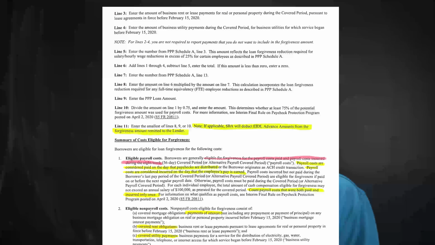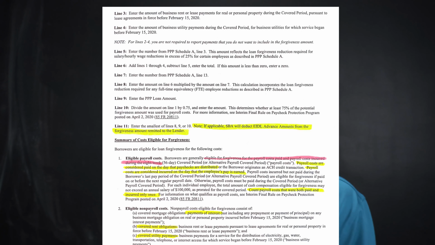So if your loan was 2 million or less, then they're not going to scrutinize you quite as much as the loans that are bigger, over 2 million. Putting that to the side, as long as you're doing this in good faith, it sounds like it should be a little bit easier to get forgiveness, a little bit less stress if you're going through this and figuring, hey, I want to use the money, I want to keep my business afloat, but I'm kind of afraid that they're just going to come after me for whatever reason. Now you can rest a little bit easier, not completely,